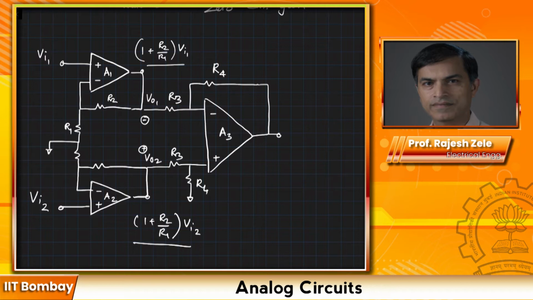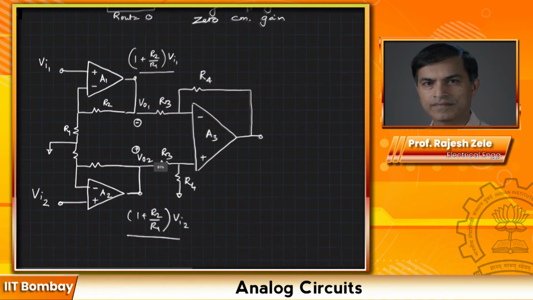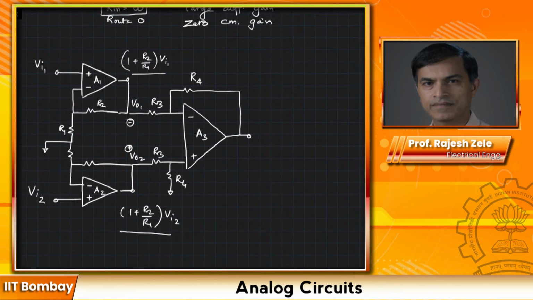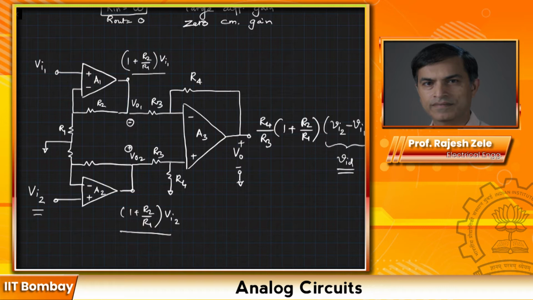So from the previous expression you can convince yourself the gain at the output would be R4. So this is plus minus VO, gain would be R4 divided by R3 times 1 plus R2 divided by R1 and times VI2. This becomes positive input minus VI1. Okay, and as you can see, this is our differential input VID. Correct? So this works great,